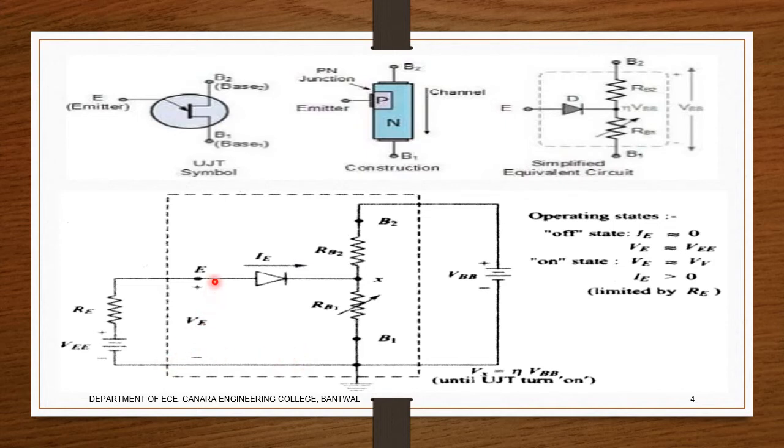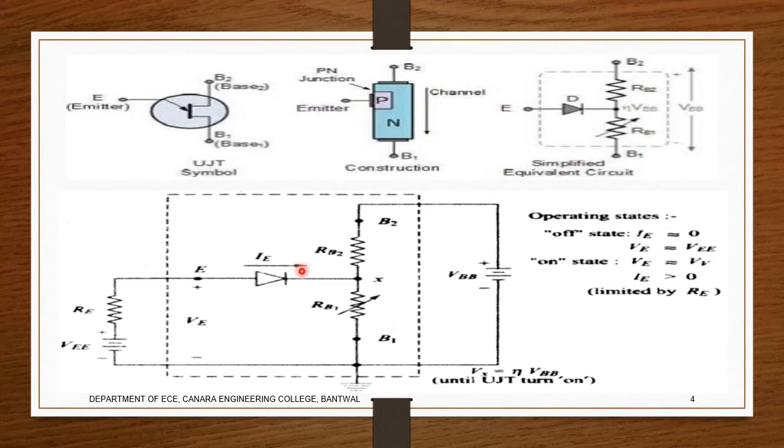When VE is equal to VV, that is the valley voltage we say. When we go into the construction of this, we can analyze it in three different regions that we need to think about. That is the minimum voltage required by the UJT to trigger on. So when VE is greater than or equal to VV, you can say it is equal, but we should say VE is equal to VV.